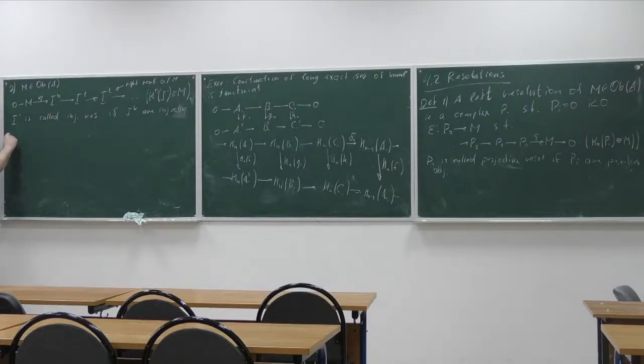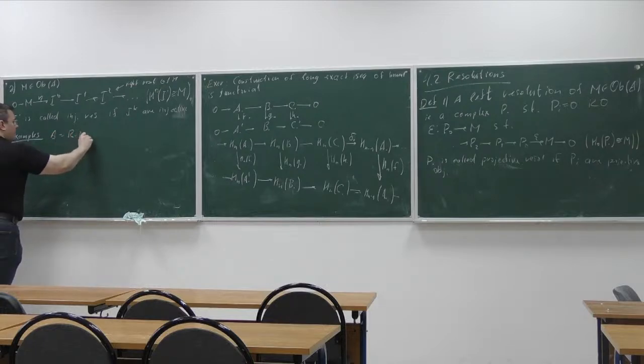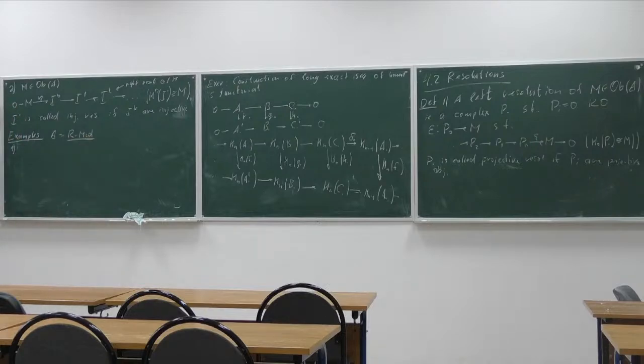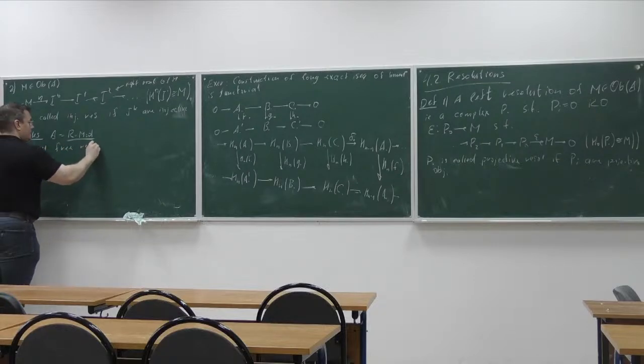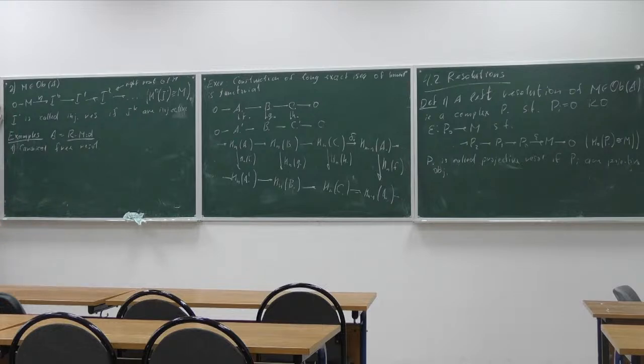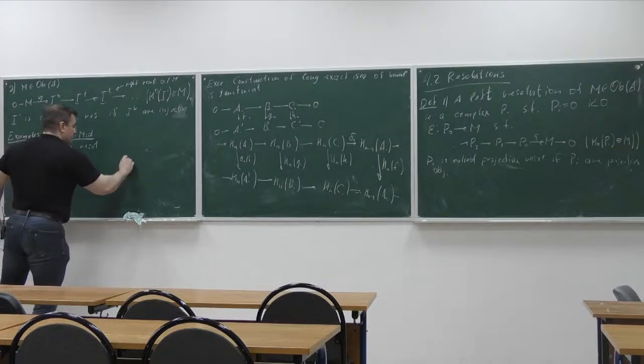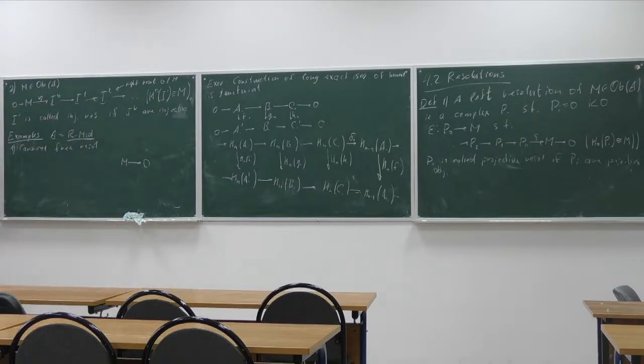Well, let's look at a couple of examples, so-called canonical examples. So in these examples, the category is the category of R modules over some ring R. So here, I want to construct the so-called canonical free resolution. I need to take a module, right? What would be the first, or actually the zeroth term of the resolution? Well, we know that